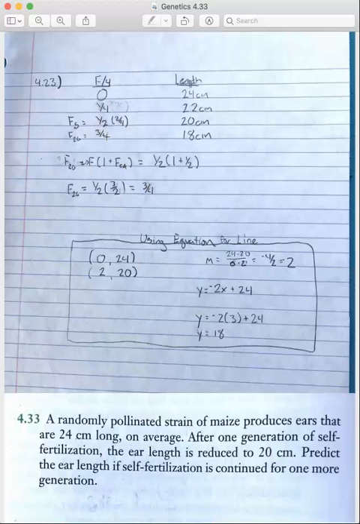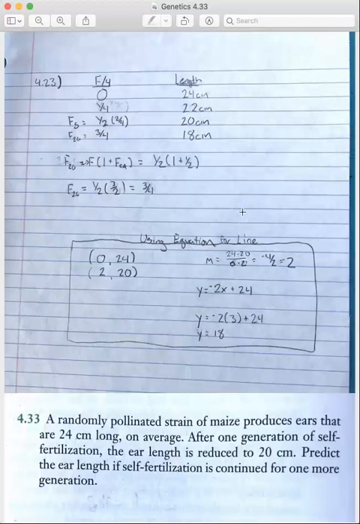What we have to figure out is how much the ear length will decrease now that we've increased the inbreeding coefficient. As you can see, we skipped over what an inbreeding coefficient of a fourth would be, but just to show you the pattern, I'll put in the 1/4 here. If it dropped from 24 to 20 in 2/4, in 1/4 it would have dropped from 24 to 22. Therefore, if you add another 1/4 to the inbreeding coefficient, going from 2/4 to 3/4, the total size of the corn would drop again 2 centimeters to 18. And so 18 centimeters is your answer.